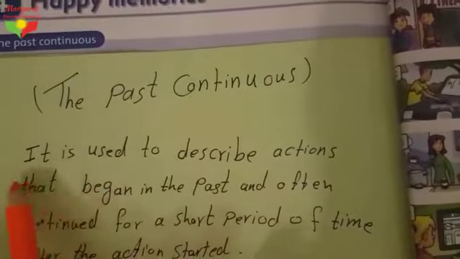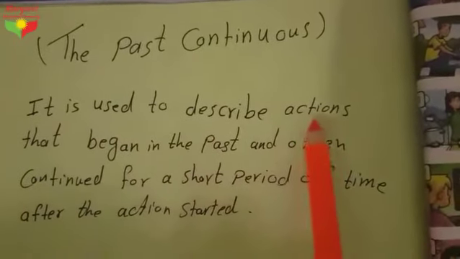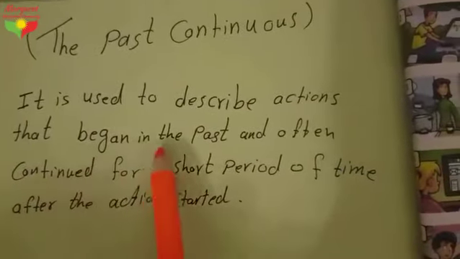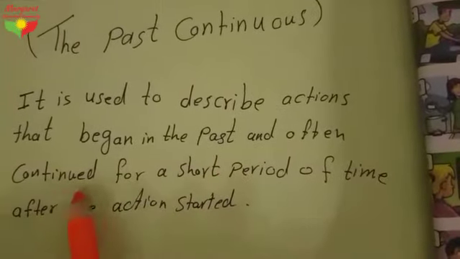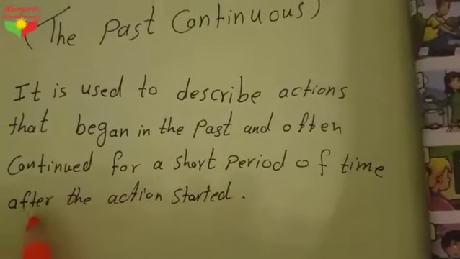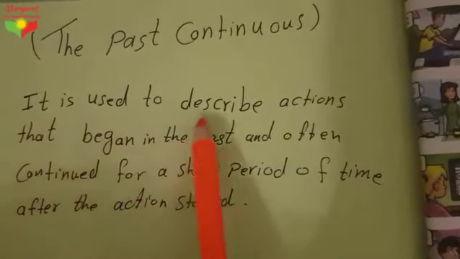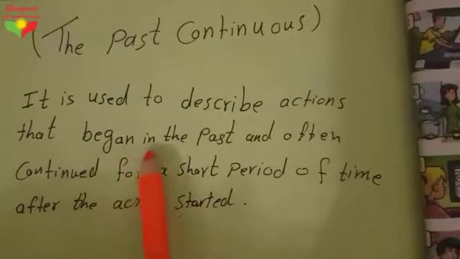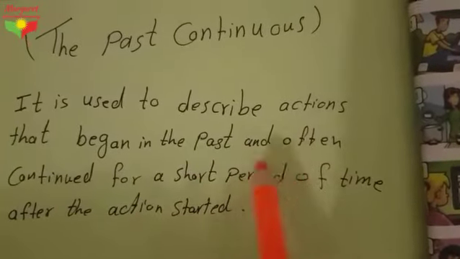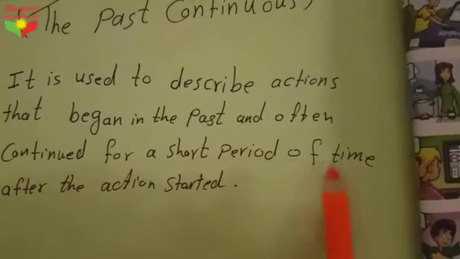The past continuous is used to describe actions that began in the past and often continued for a short period of time after the action started. Let me read it again. It's used to describe actions that began in the past and often continued for a short period of time after